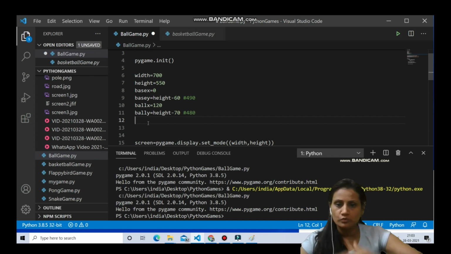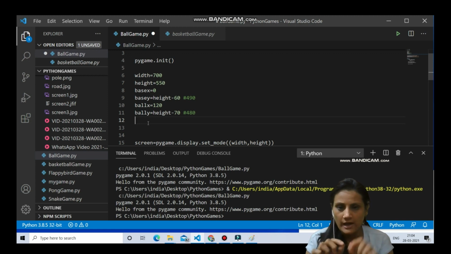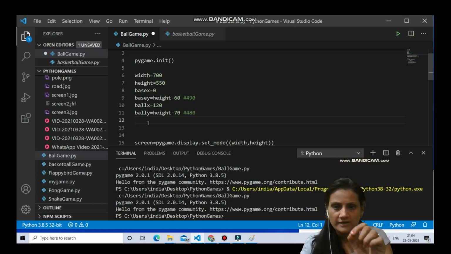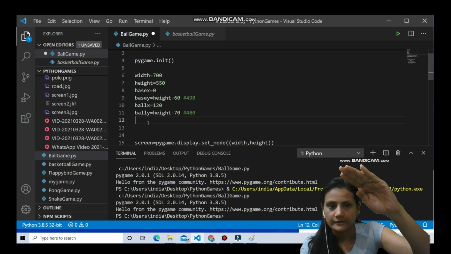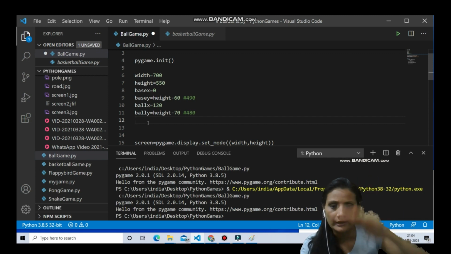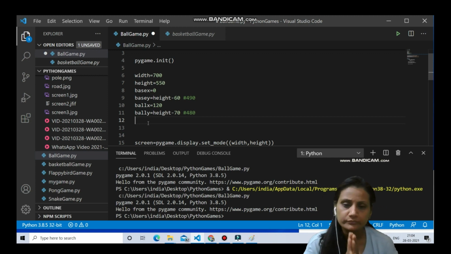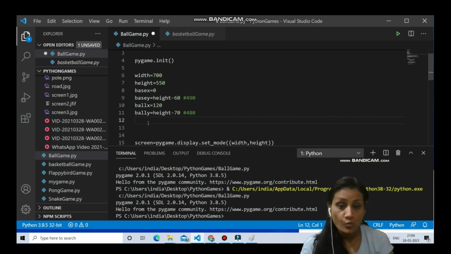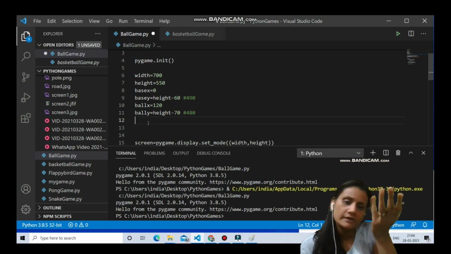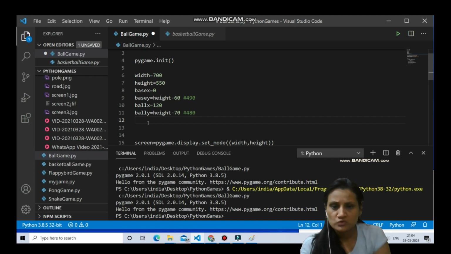Suppose I want the ball to bounce like this, what should I do? In the first frame, I have the ball at 120. Okay, x is going to be the same. At height 480, I just want to make it a little bit upper side. I want to deduct some more from that. I just want it to go up, come back, then up, then come back, and this process I want to repeat. Means there are two variables working. One is the bounce variable, and then gravity. So up and down, two variables we will be using here.